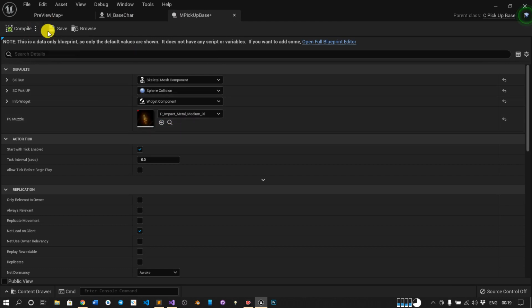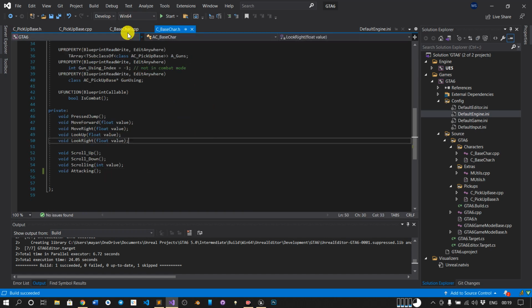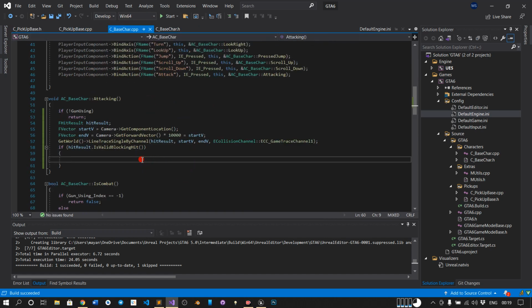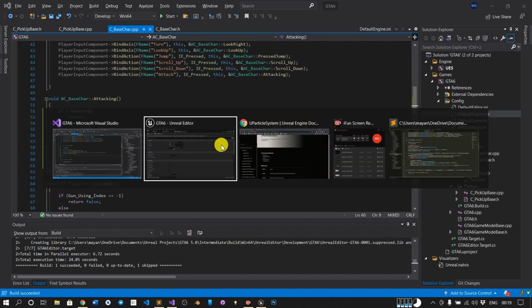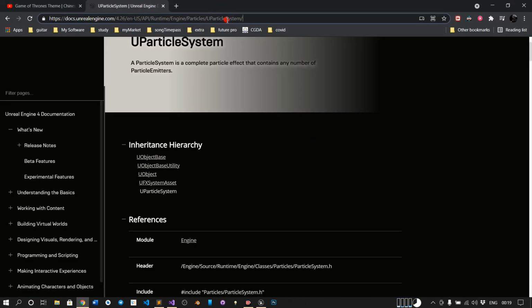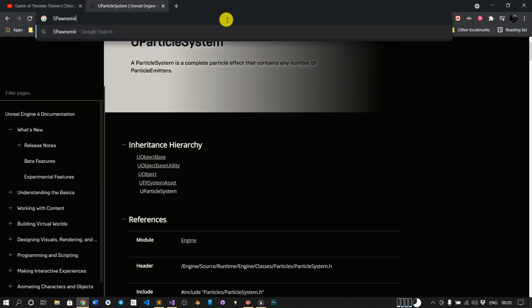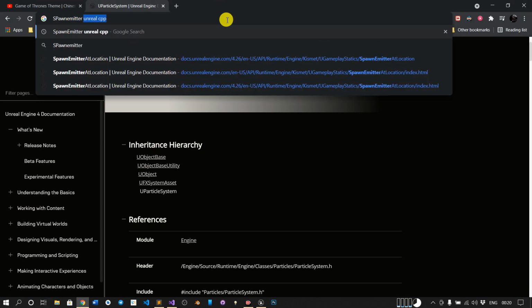So I have specified this. Now I want to position that emitter in our gun, near the gun and the hitting point. So here, to use the spawn emitter, there is a function called spawn emitter attach and spawn emitter at location.